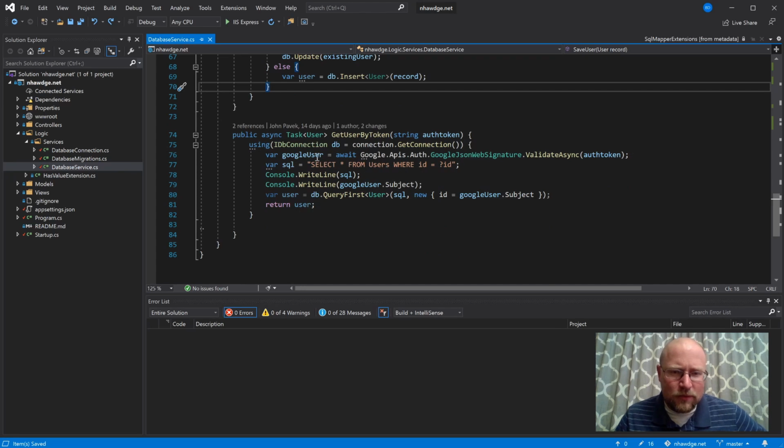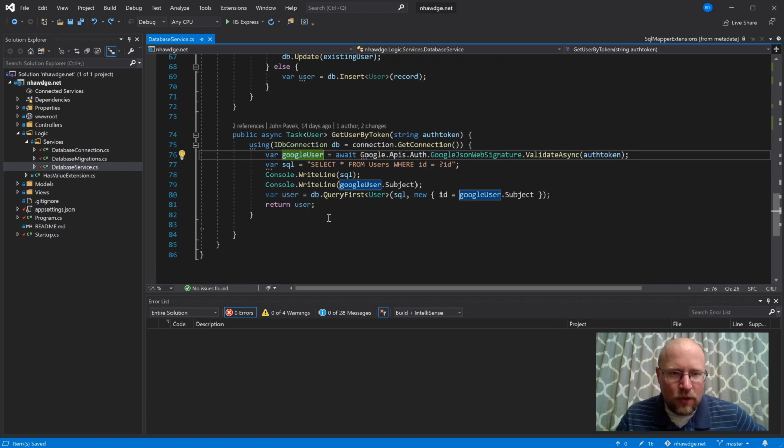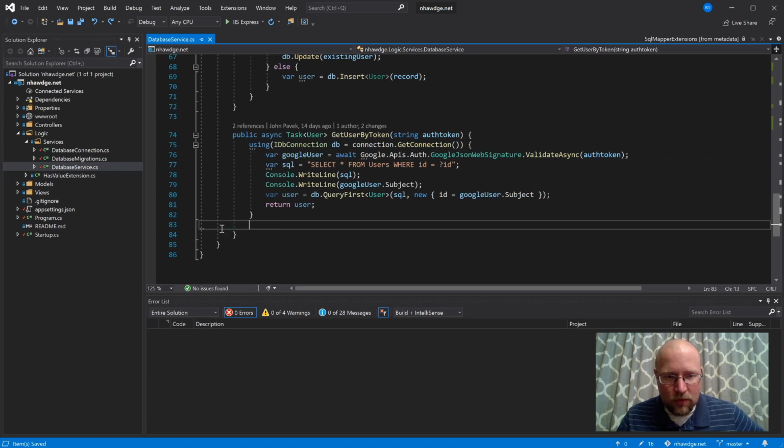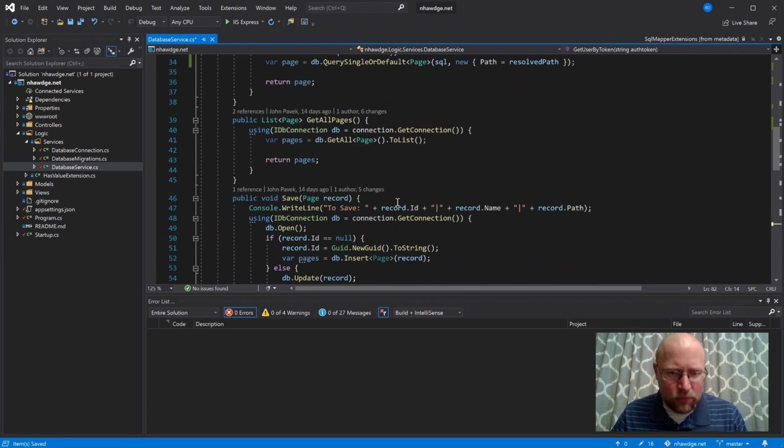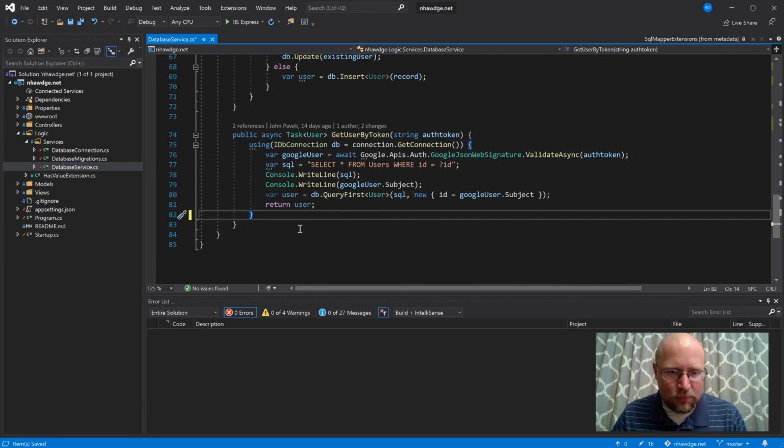And this is actually, I think, an issue. This is a database service, but we're calling a Google API to validate something. I don't think that should happen inside the database. To me, get user by token is like doing a select star on a user database and going by token, but this is actually getting the user ID from Google, and then select star from users. Now, do we have user? No, we have page by ID. So